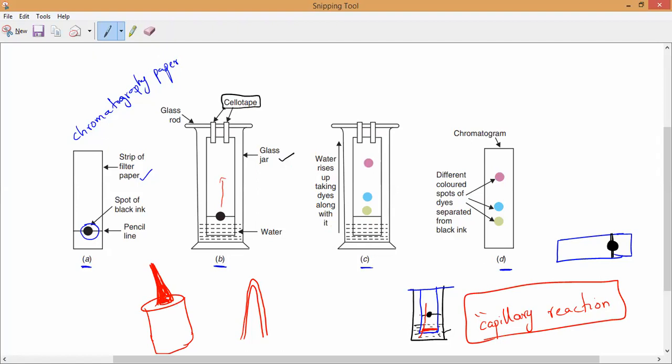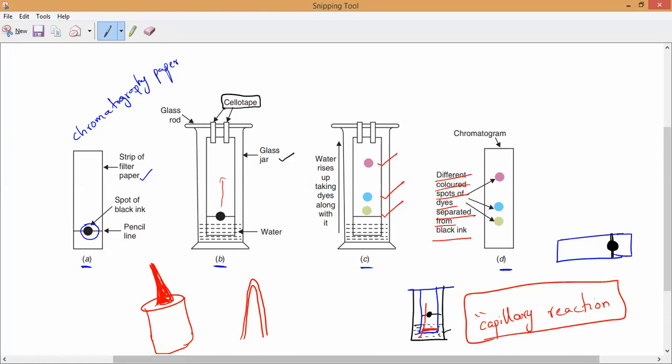So once the water starts rising across this strip, you can see the black color dye start to separate. It is a mixture of different colors, we know that. Here in this picture we are observing a very clear spot. Slowly the dispersion of colors takes place. Once you wait for a certain time, we are able to observe how many colors? Three different colors. Is it yes or no, guys? So different colored dyes from the black ink. So three different colors we are getting.